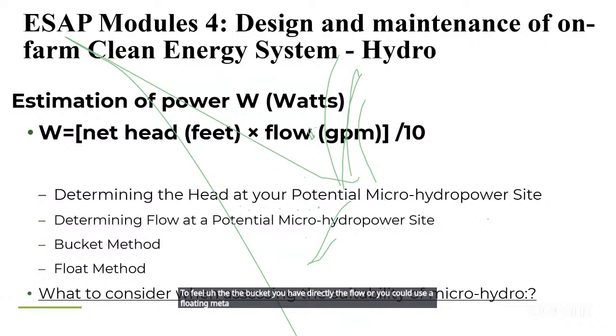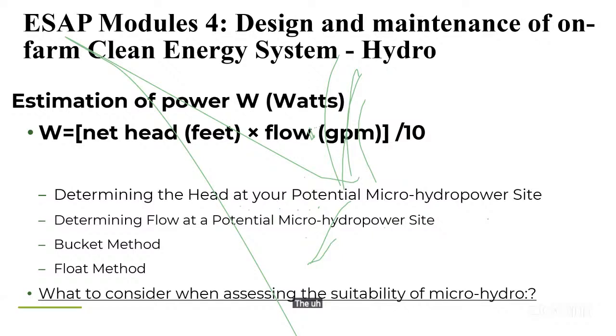The floating method consists of measuring the time a floating object takes to go from point A to point B, and you measure that distance between point A and point B. If you know the distance and you know the time, you can know the speed. If you know the speed, and the cross section can be measured using a tape, you measure the river width and the section. Knowing the section, at the end of the day, you multiply with the speed, you get your